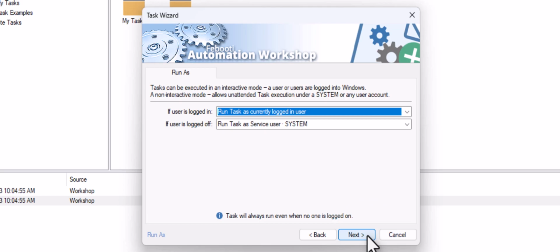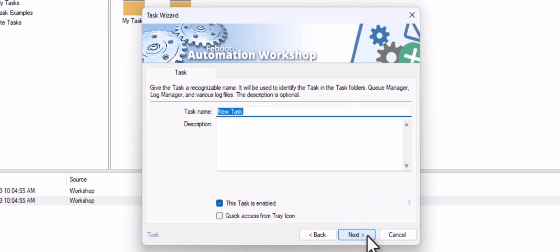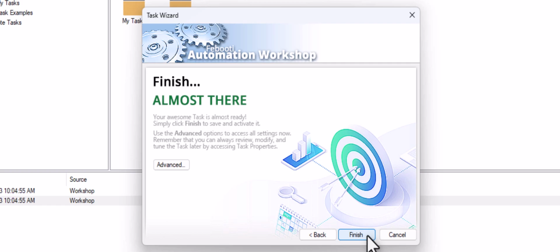Adjust additional task settings as necessary. And as the last step, give this task a recognizable name. I will name it Email Invoice Files. We've gone through all the wizard steps and can finish the creation of our task.